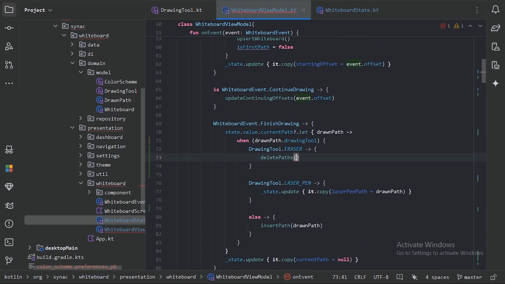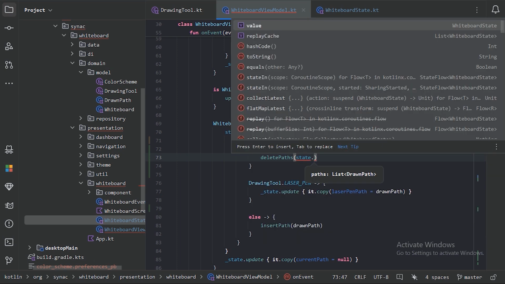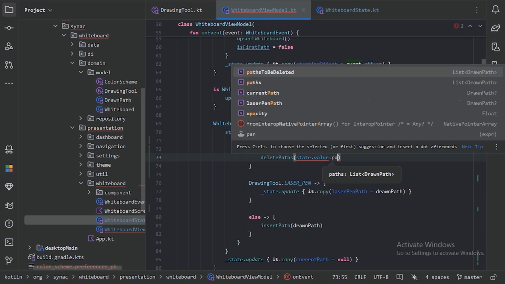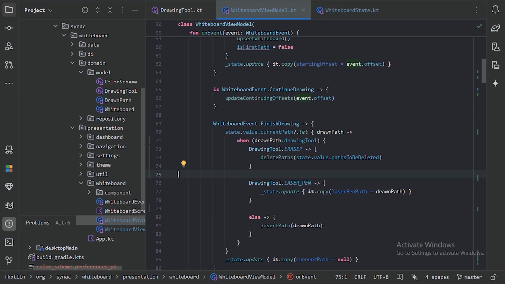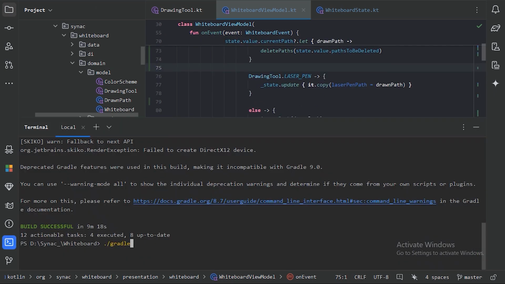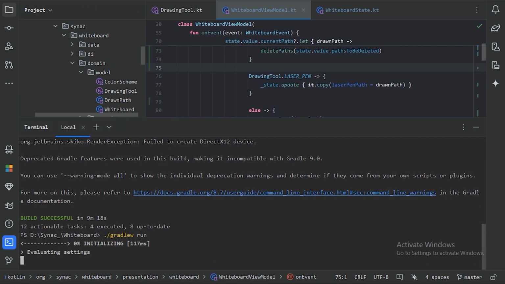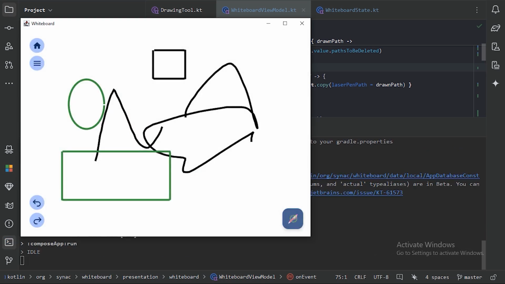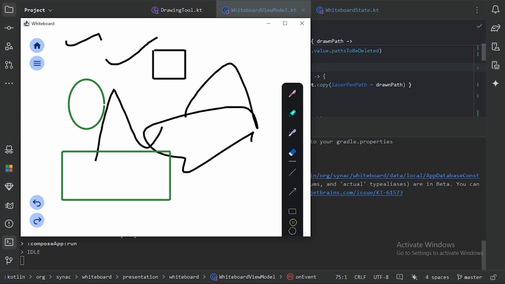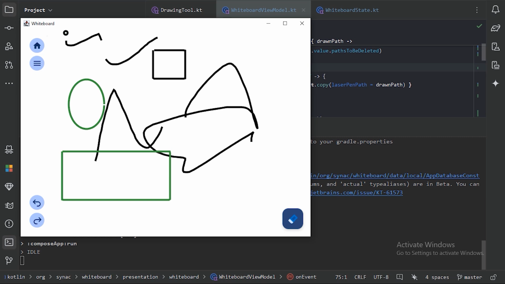We need to pass these paths, so we will get them from our state, because we have updated the list in our continue drawing event. And this is how our eraser functionality will be done. Now let me run the app again. And here is our app. Let's open it, and first let's also draw some more paths. And open our eraser, and if I drag here,